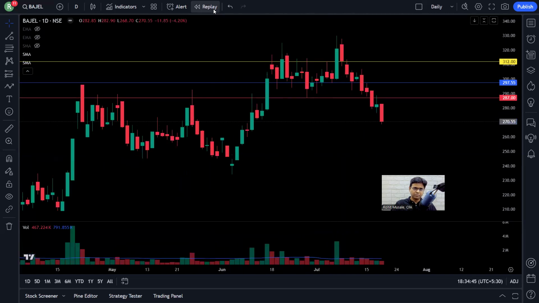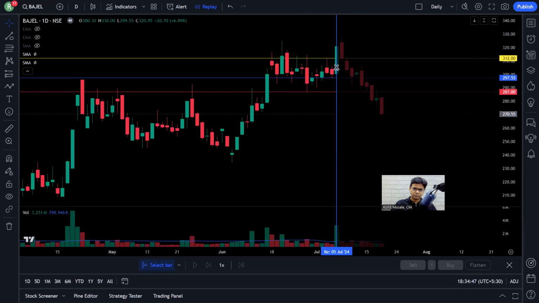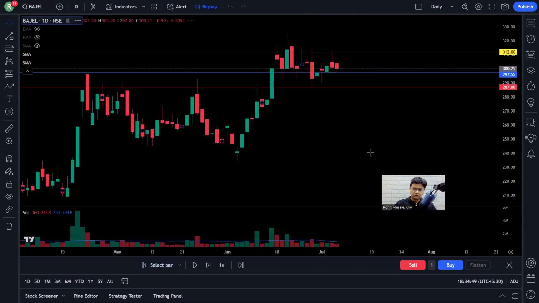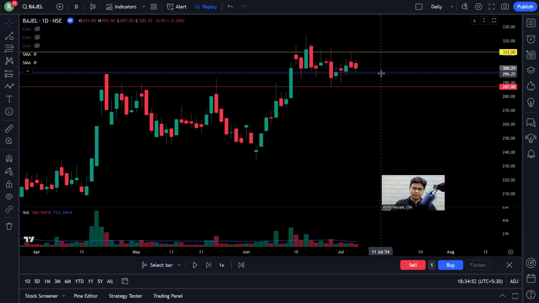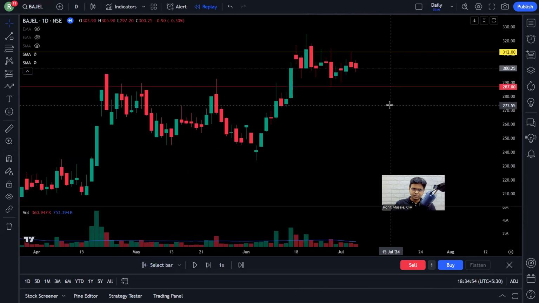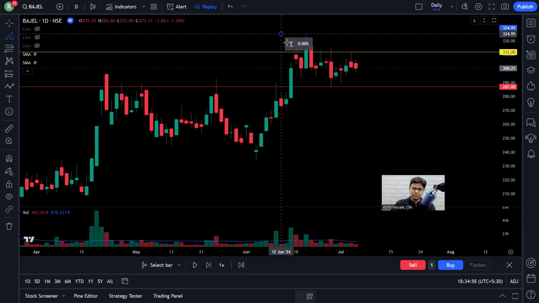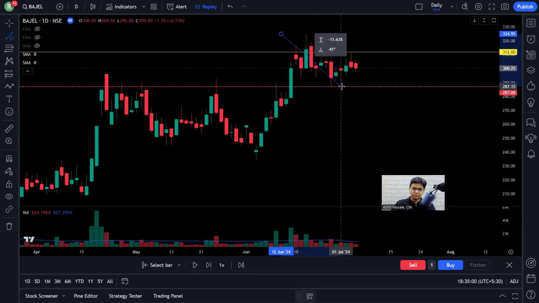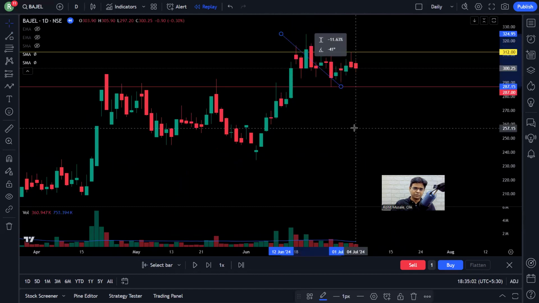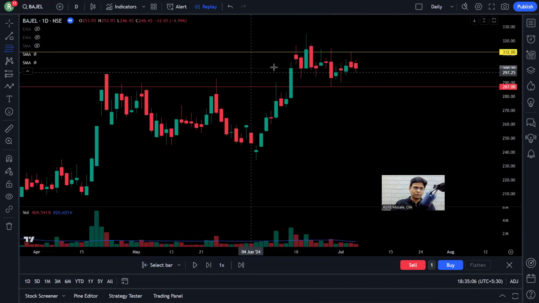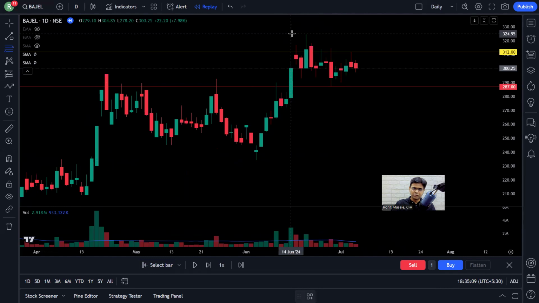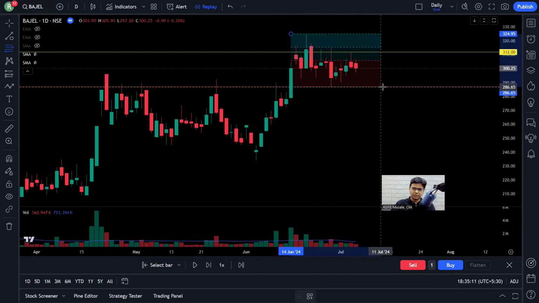If we look at the base, see, this is what I was looking at. It was a sound base, clean and simple base. See, if I measure the height of the base, 11.63, so not a big deal, not a huge correction. Then we will draw the base. Let's see how much price action you have in the